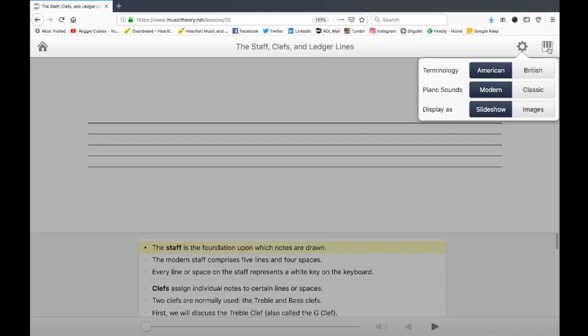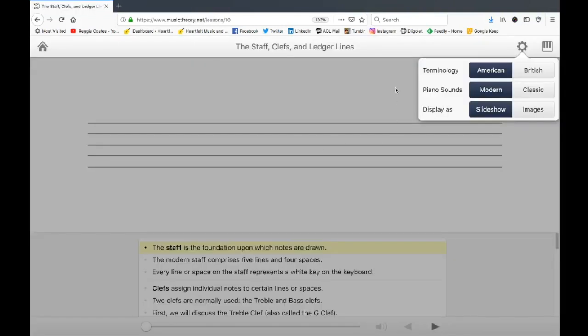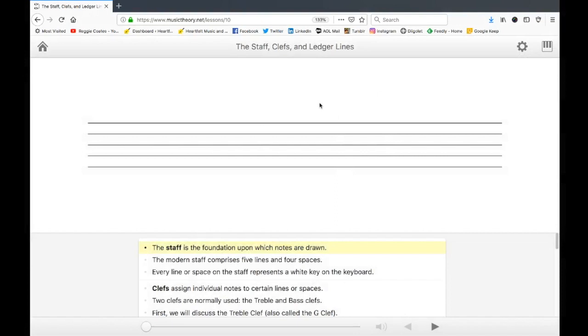And over here's a little piano. The cool thing is that you always have access to a piano to be able to play different notes. And you can actually mark them if you want as well, so that you can see it and diagram that, and then you play them as well if you want, and then you can clear it. So that's nice that you can always get back to that and have a piano to work with. So going back to the lesson,